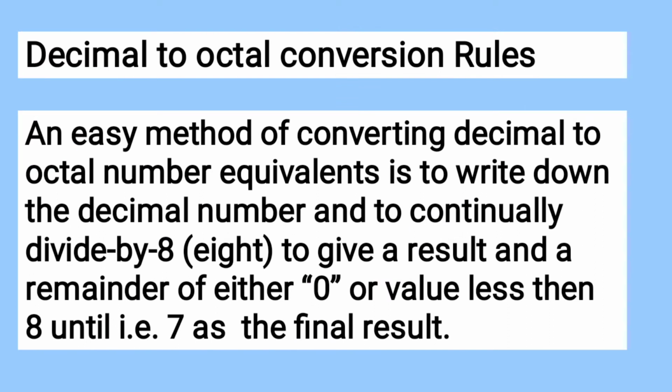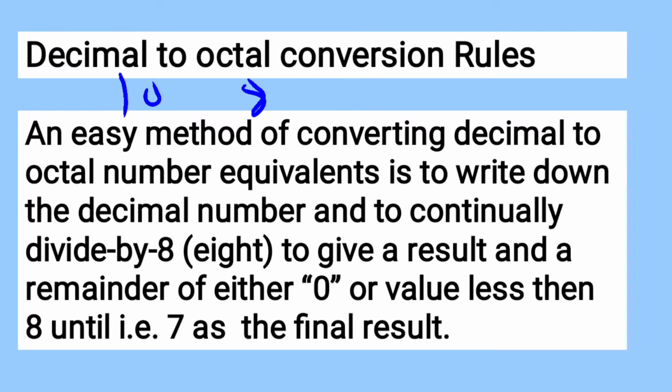For converting a number from decimal to octal, the rule is you have to follow the base value. The base of decimal is 10 and that of octal is 8. As I explained in my previous video also, when you are converting from one number system to another number system, you have to keep following the base value. Right now you are converting into the octal number system, and for the octal number system the base value is 8. That is why we are going to divide the number by 8. First rule is you have to divide the number by 8.